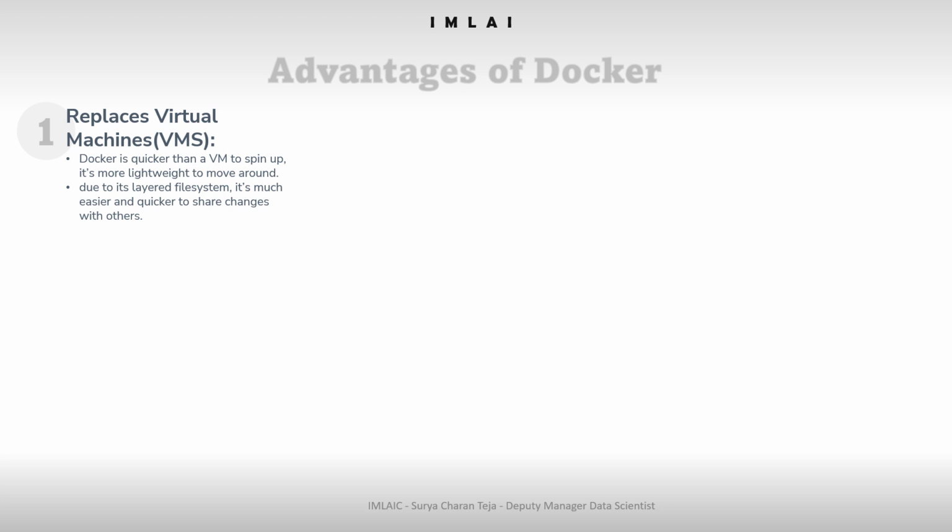Not only is Docker quicker than a VM to spin up, it's more lightweight to move around, and due to its layered file system, it's much easier and quicker to share changes with others. It's also firmly rooted in the command line and is eminently scriptable. And the second advantage is